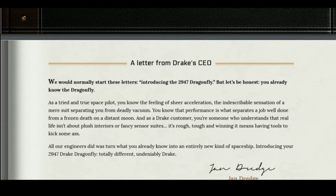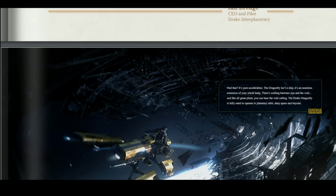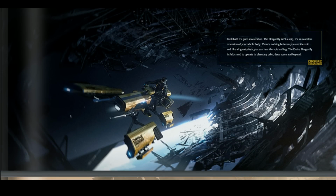It's all possible with the 2947 Drake lineup. So here's a letter from the Drake CEO. I'm excited about this because it's very different than anything else that's been released in Star Citizen so far. So here's our first look at the Drake Dragonfly. And, you know, it looks like you kind of would expect a space motorcycle to look. It's got a little bit of a pod racer feel to it, but I think it's different enough